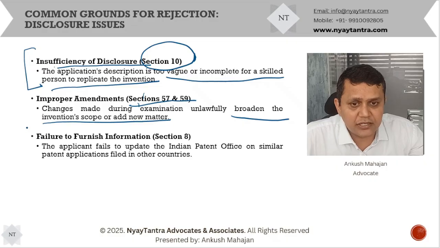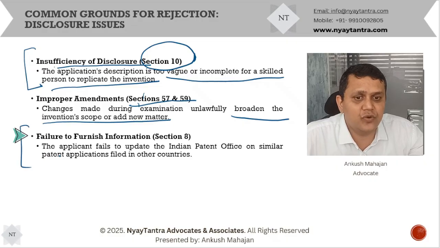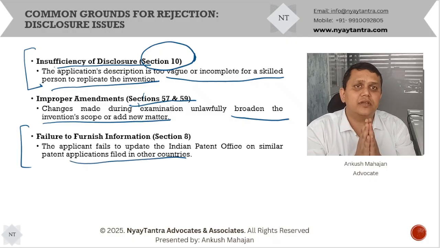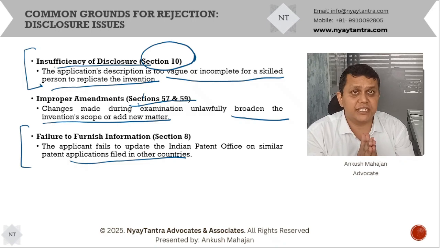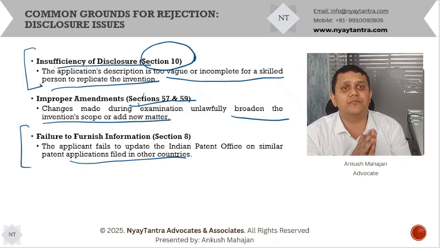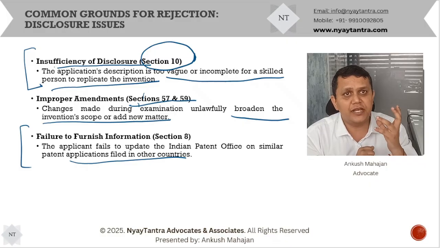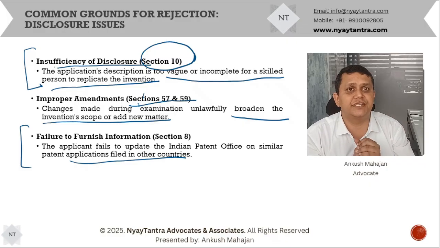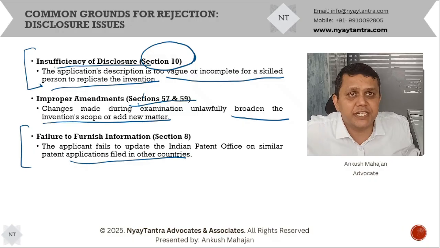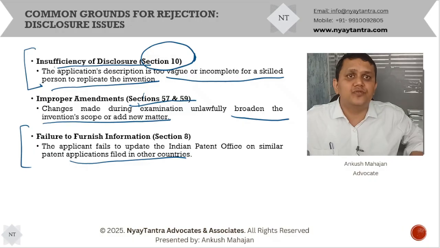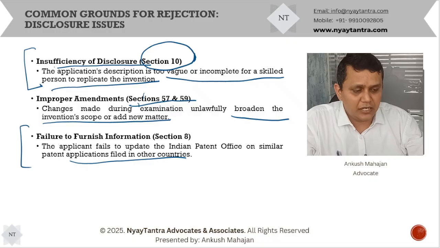Right. So the third type of objection, if we look at, is that the applicant fails to update the Indian Patent Office on similar patent applications filed in other countries. This is not a comprehensive list of rejections, but if you have experienced a rejection order, you will see that more or less the rejection order will include such types of rejections